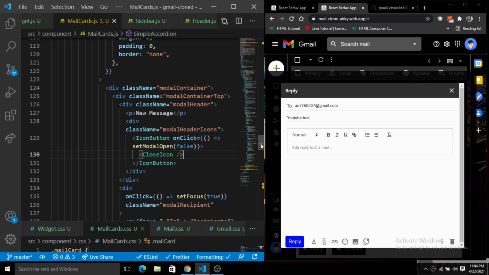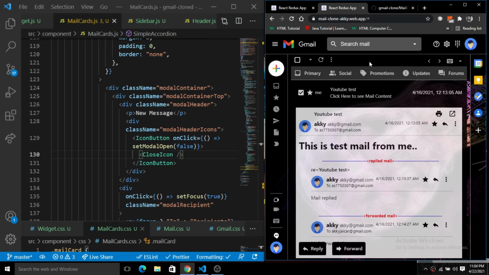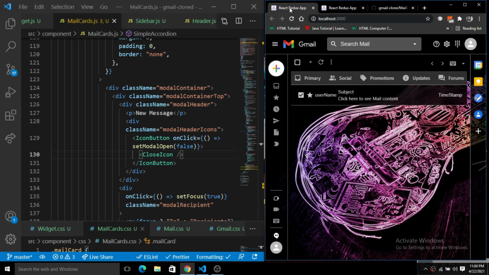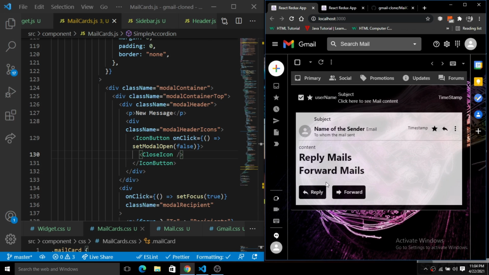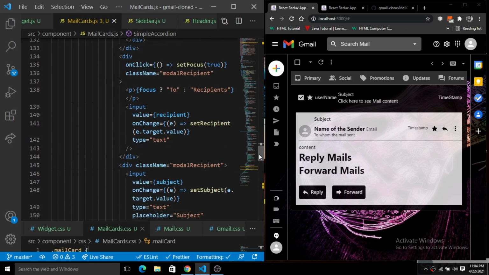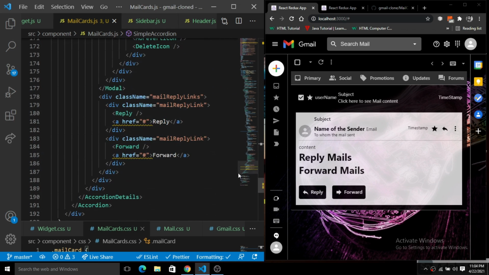After that, we have to add that feature here. So let's close this div. Okay, so now this is the deployed version that is running in the localhost here. So when I expand this and when we click on this reply, we have to open the modal. So here what we will do, we will add an onClick functionality in the reply here. So here we have a reply. So here I will have an onClick, and here we will simply open the modal.